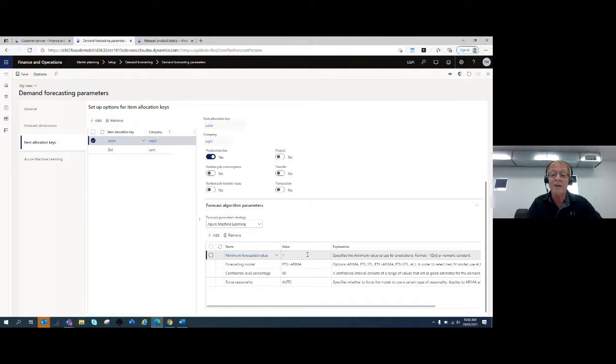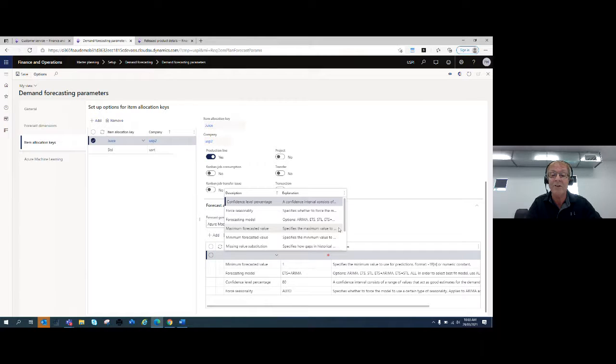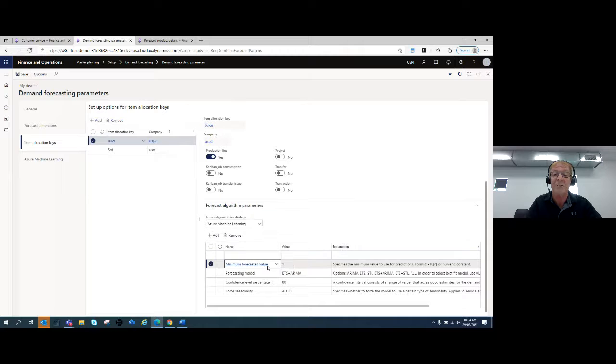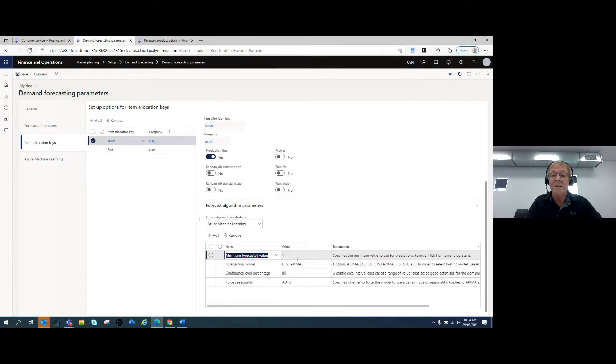As we all know, forecasts hate zero. So in here I've got a minimum forecast of 1. I could also have added another one which would calculate what that minimum value would be if I wanted to. So the missing substitution value would look at your historical data and work out what that value is. For this occasion, I've just decided to use 1. Okay, so once we've set that up, I can also determine